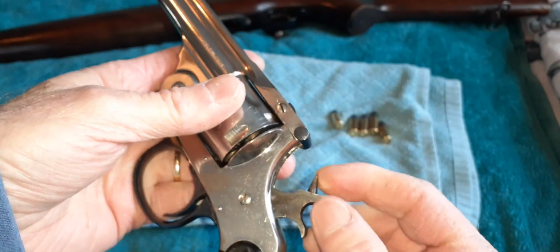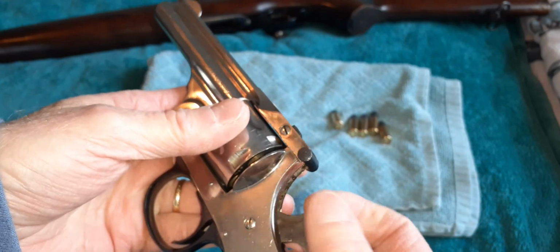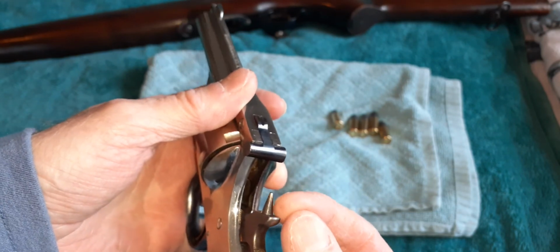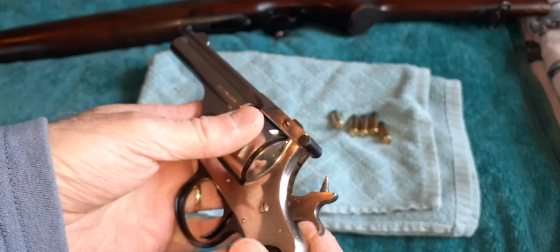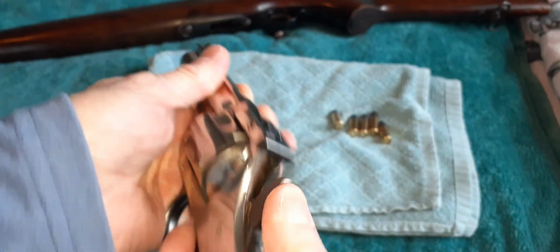And the old Colts were like that, the Colt single actions. The Frontier models were like that. Even the Colt look-alike Frontier models had the big horn firing pins. And I used to have one, but I don't even know what happened to it. So,